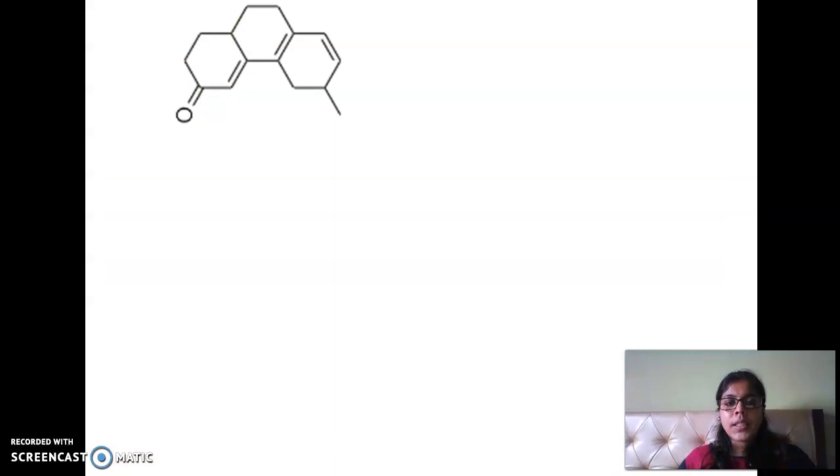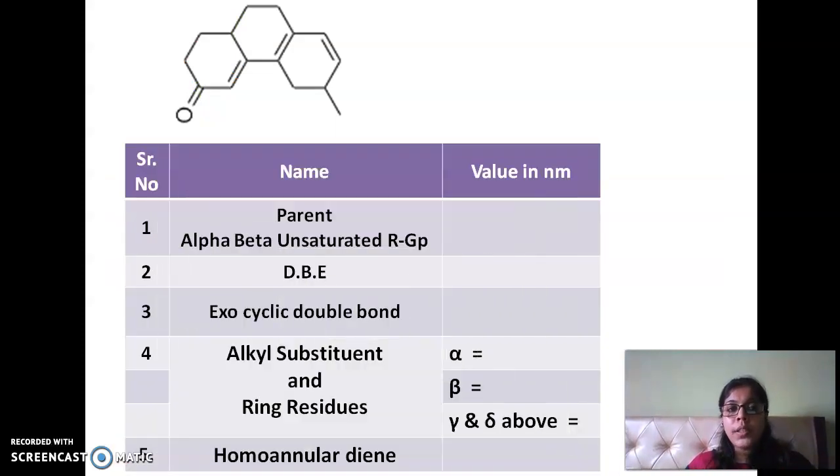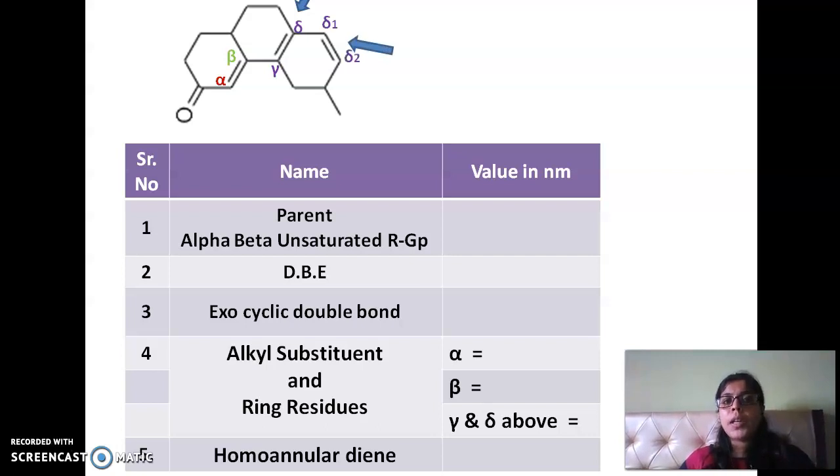Going to the next sum. Again I go linearly, whatever is written. So this becomes my parent. Do I have an extended parent? Yes, this is my 1 DBE, so this becomes my extended parent. Oh, I have one more, so this becomes my total extended parent. Now I have to go for exo. Okay, this is an exo for B ring. Do I have any other exo? No.